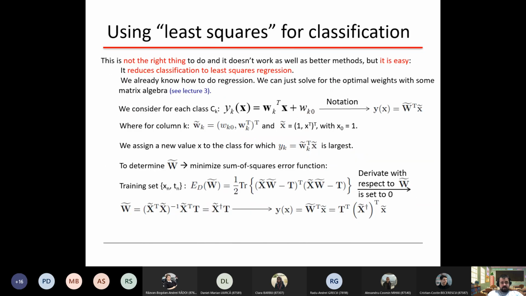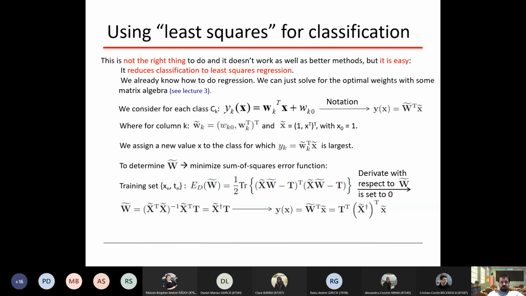Okay. Now, how do we identify W? Here we have an example with least squares for classification. This is not the right thing to do. It doesn't work well in practice, but it's easy because you've already learned it in least squares regression last time